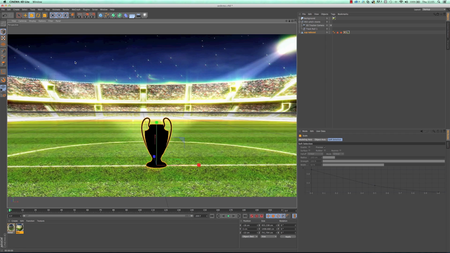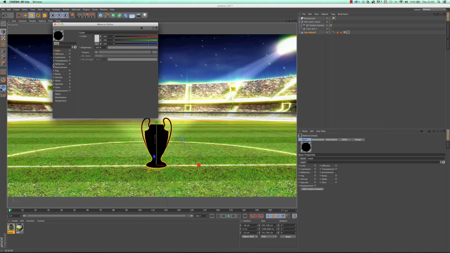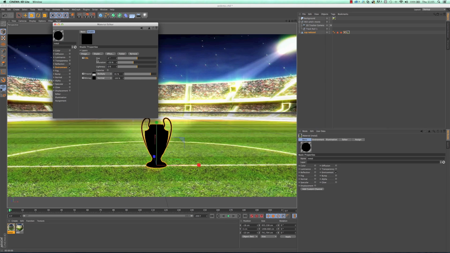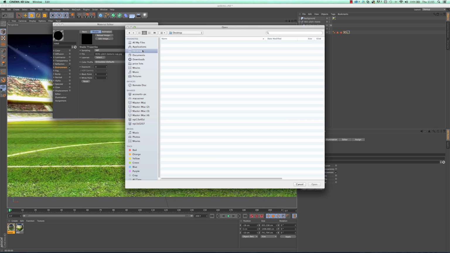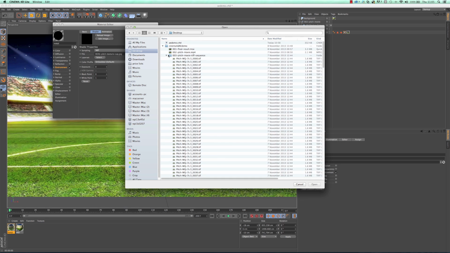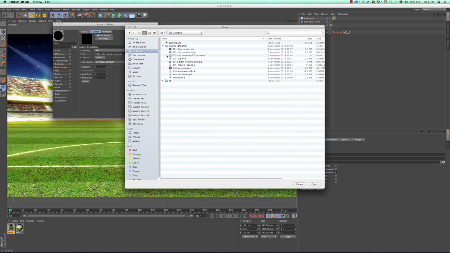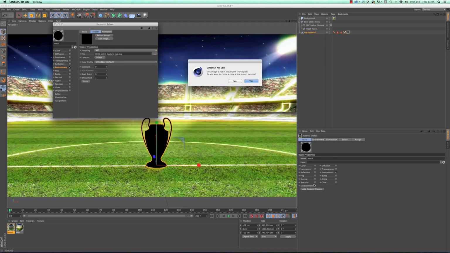So if you get that, what we do is look at the material, and we can see in this case in the environment, if we click in here, this is a layered material, and in here was a bitmap. If I look at the bitmap, I can see that it knows that there was a texture, but it doesn't know where it is. So I just need to go and find that. So I go back to my desktop and I go into the demo here, whoops, and I've got the texture here, and I'll just load that in. I won't keep a copy of it, that's fine. So now it knows where it is, so I've just corrected that path.